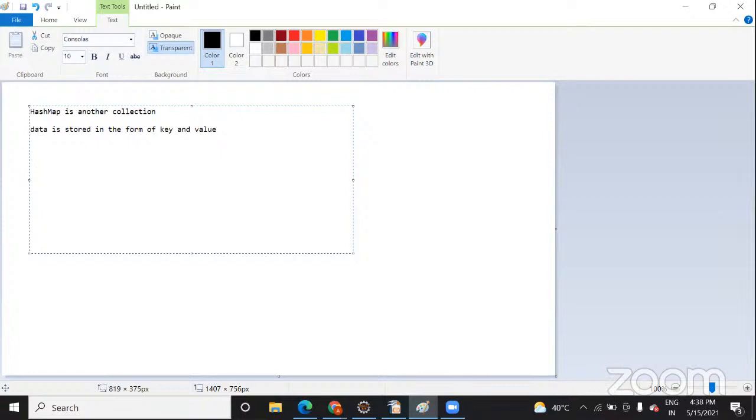Actually, in the JSON file, data are saved like this. Here, this side is the key, and this side is the value. So with respect to this key, the value is this one. So the hash map is something where data are saved in the form of key and value.